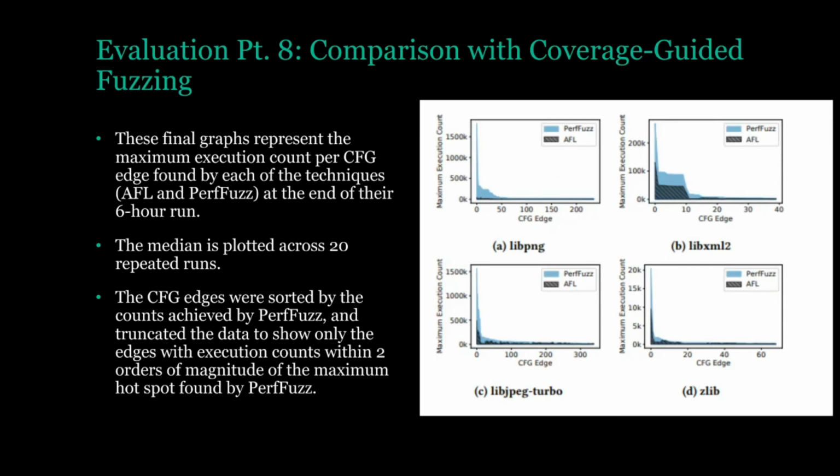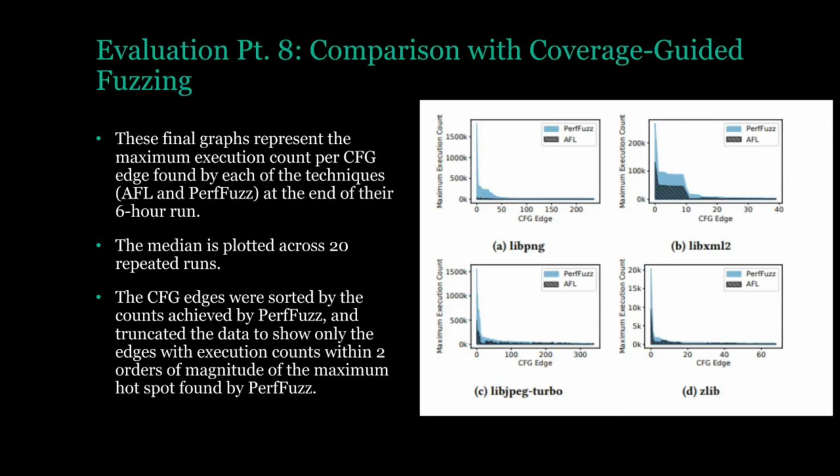The CFG edges were sorted by the counts achieved by PerfFuzz and the data truncated to show only the edges with execution counts within 2 orders of magnitude of the maximum hotspots found by PerfFuzz. The results confirm that PerfFuzz doesn't only work better with just maximum hotspots in the program, as across all of the benchmarks,